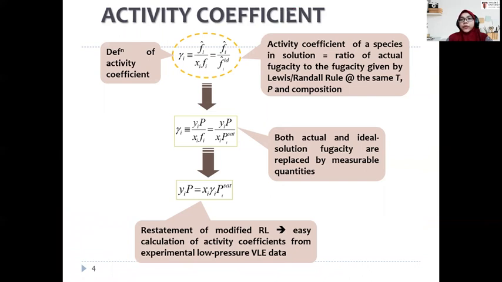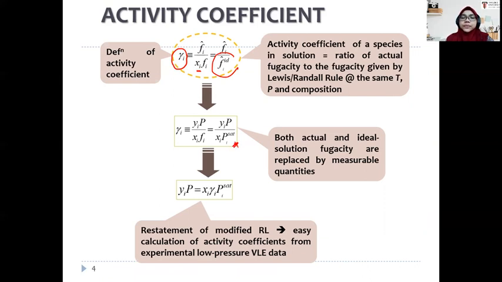The next property to differentiate between the ideal and real condition is based on the activity coefficient. The activity coefficient is introduced once we consider the interaction among the species. So the activity coefficient is equal to the fugacity of species i in the solution over its liquid phase, or the fugacity of species i in the solution over the fugacity in the ideal condition. This expression is equivalent to the modified Raoult's law, in which we can replace the fugacity in the ideal condition